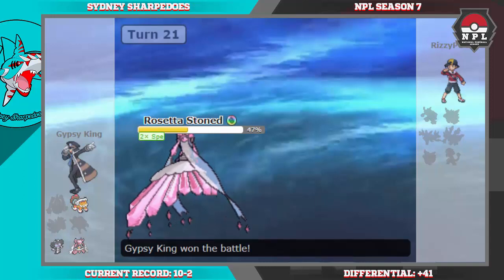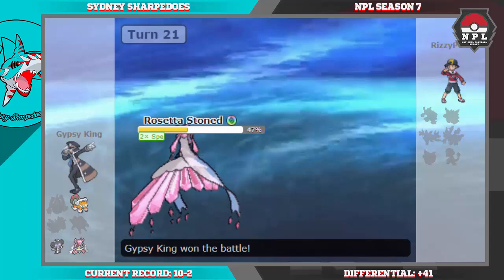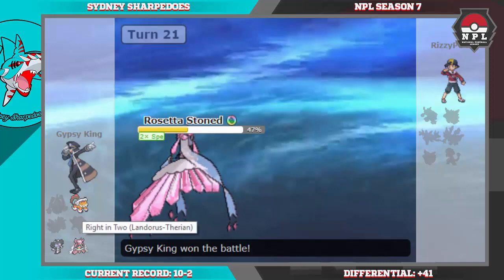A nice 3-0 win over Riz in the finals, and it was definitely a very well played game by Riz. It was a very intense finals. I capitalized on his need to preserve Kyurem for my potential late game win con in Landorus, and